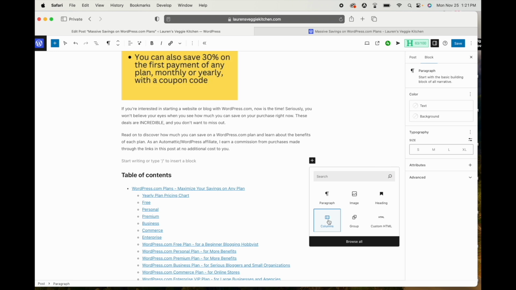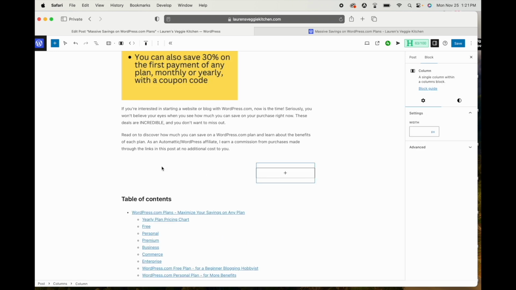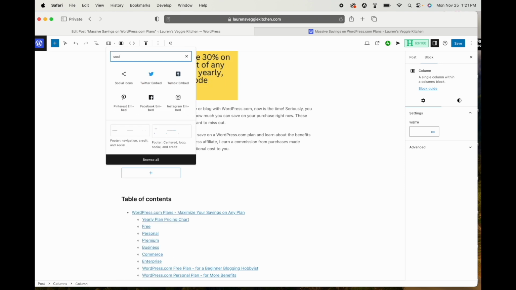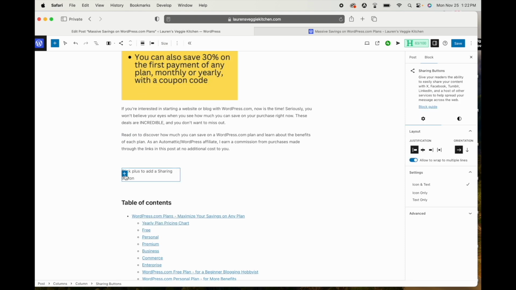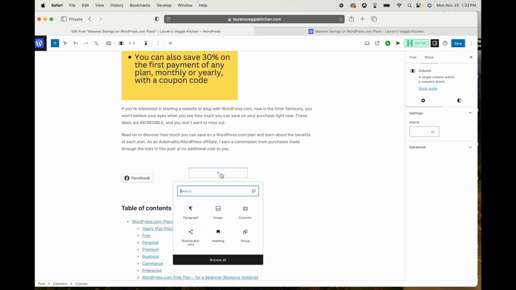Go to columns and select like 3 columns or something, and that way the buttons show up all nice in a row. So I'm going to search again for the social sharing buttons, and you click the plus sign to add a sharing button, and you can add a Facebook button,